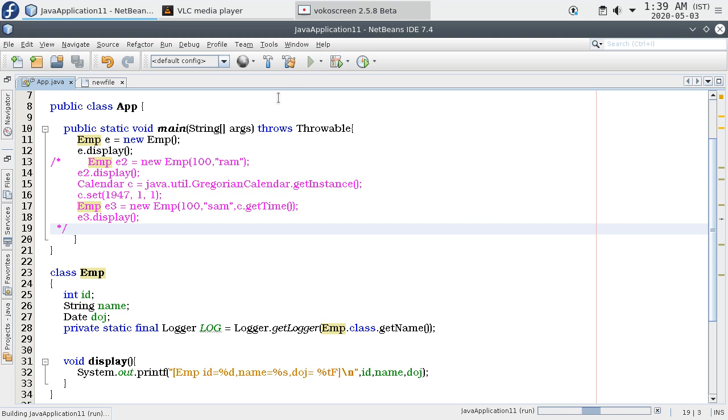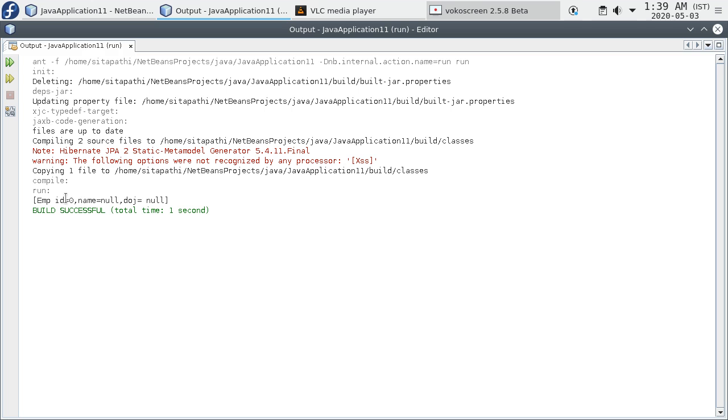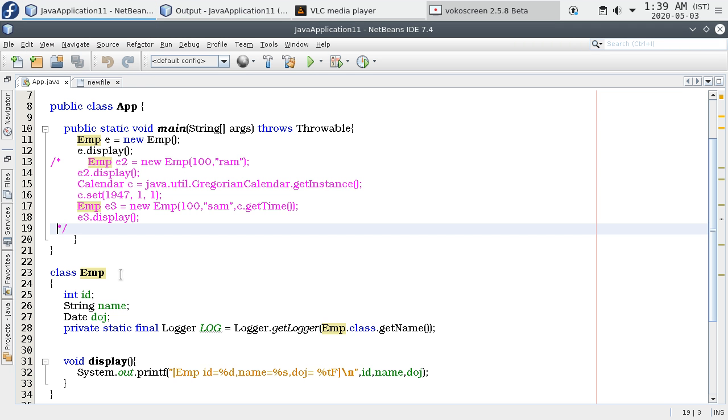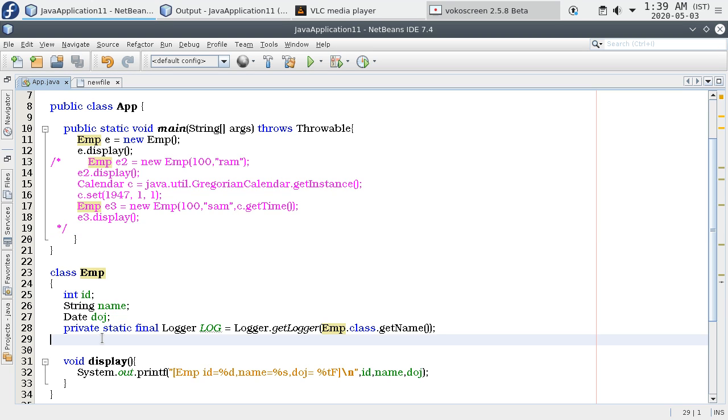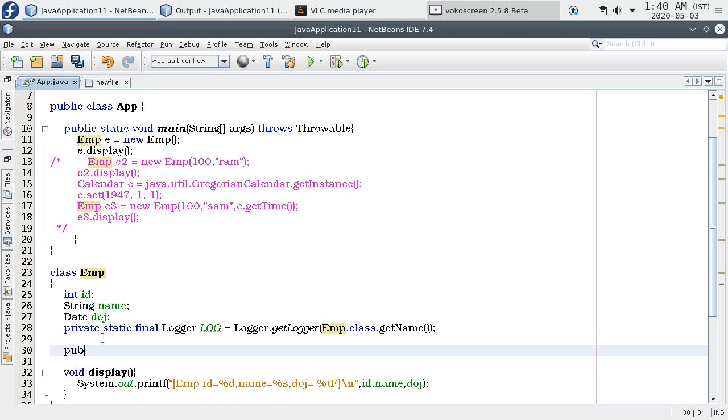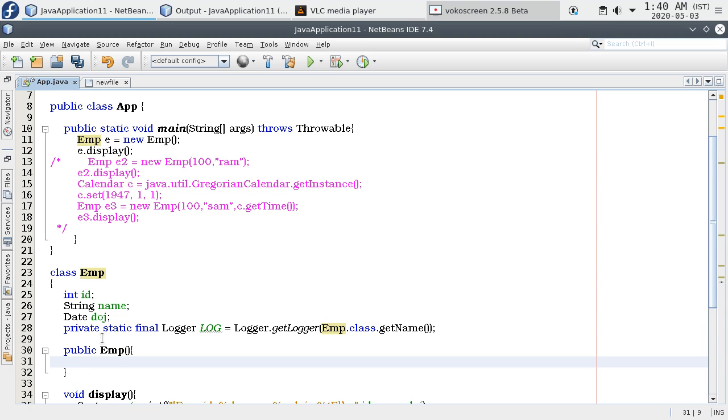Compile and run. See, I am able to get a result. Why? See, if there are no constructors or zero constructors in a class, the JVM will provide a constructor for us. That is similar to one which has the modifier public, the same name as the class name, takes no parameters, and all fields will be assigned the default values.